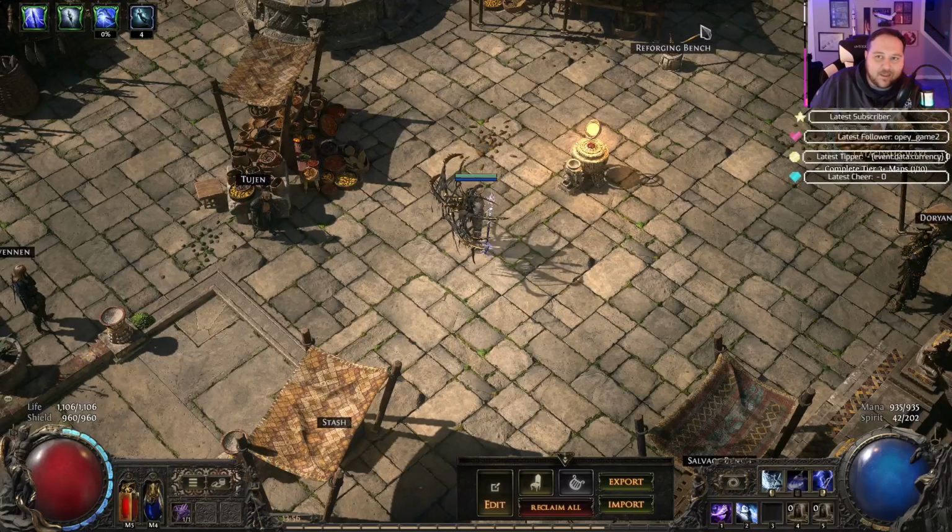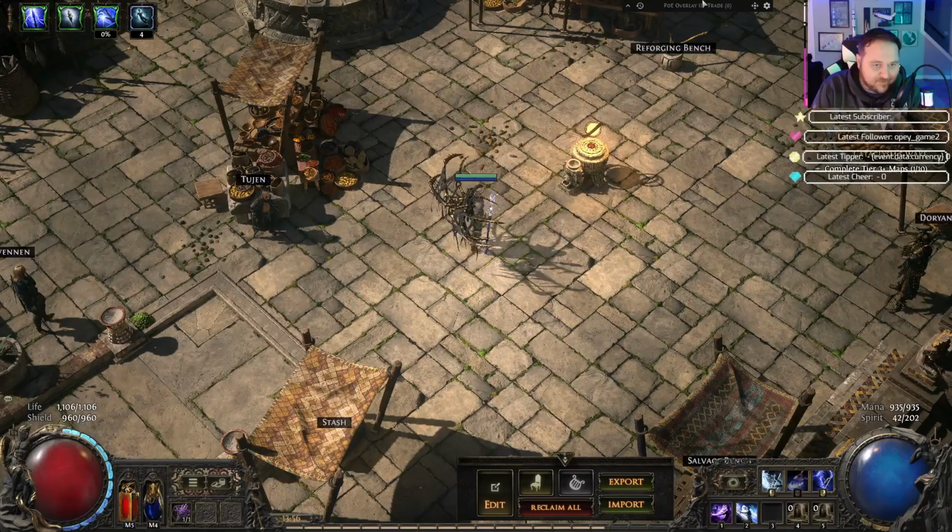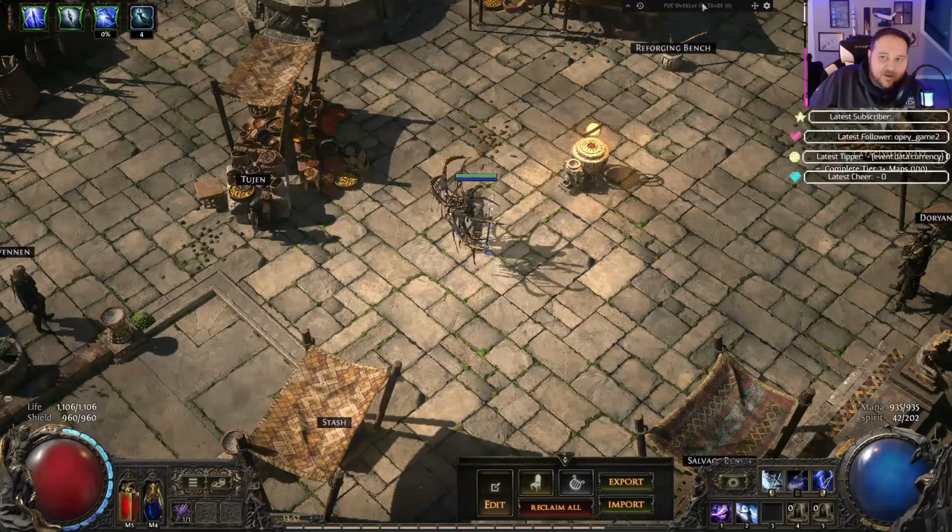This is an overlay that ties in directly with the pathofexile.com trading site for Path of Exile 2 trading on the PC platform. So this is a video for Steam players exclusively. With that being said, up here you can see your Path of Exile Overlay 2 trade system, and what